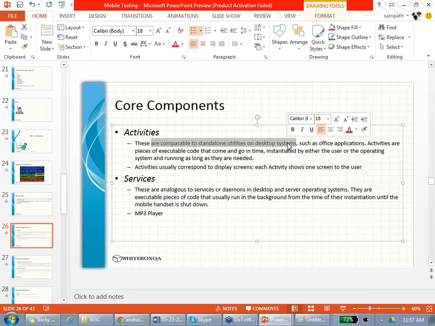Then there is a service. A service is something which doesn't have UI, which is running in the background. A service is an activity without a user interface. It is a program which is running, but it doesn't have, for example, a notification. You automatically get a notification that you got a Gmail email or a Facebook like. Does it have UI? The UI it is showing up is the Facebook UI. It is not the real activity UI. Okay, let me tell you.